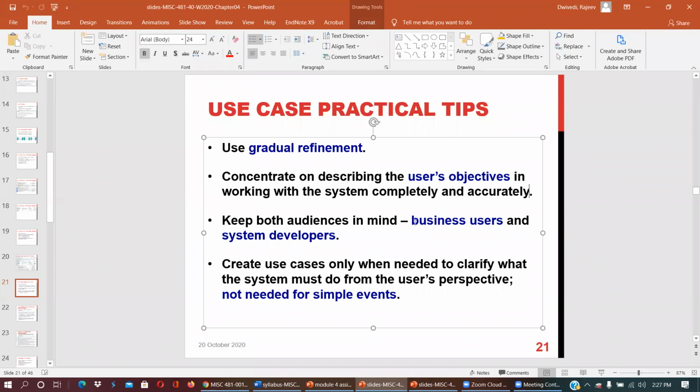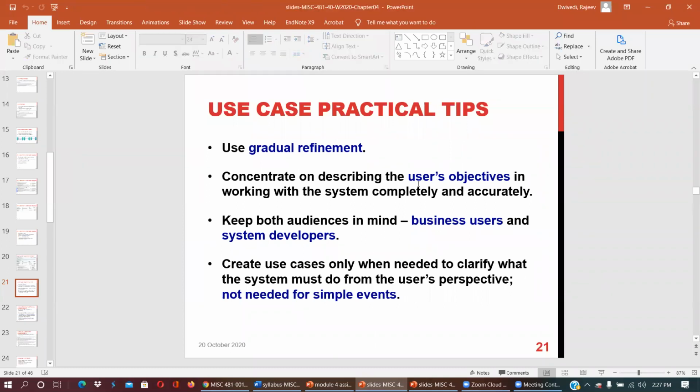Keep both audiences in mind, the business user and the system developer. And create use cases only when needed to clarify what the system must do from the user perspective. So in a simple event, you don't need to do this.